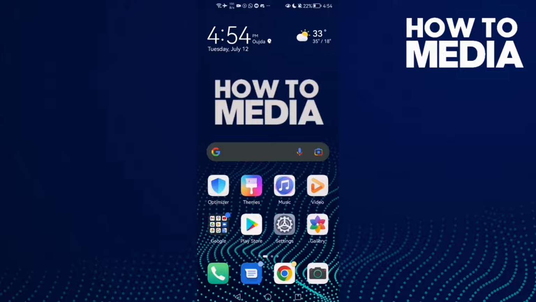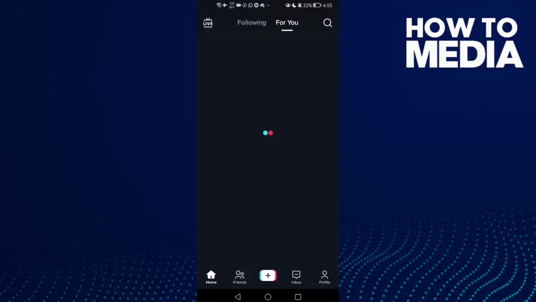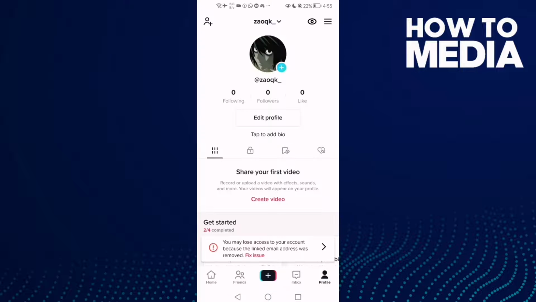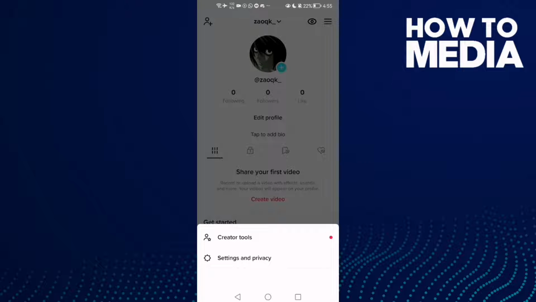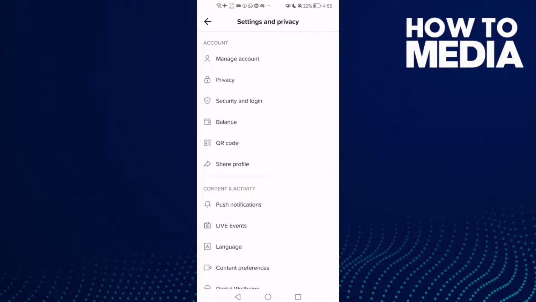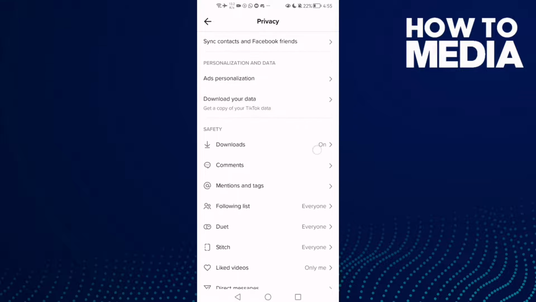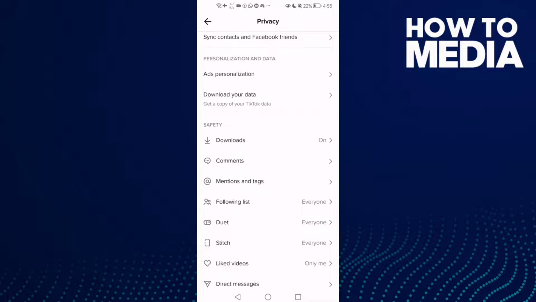First, open TikTok, and then click profile and click these three lines in the top corner. After you click on it, click settings and privacy, and here you will find this one, privacy, and then scroll down until you find mentions and